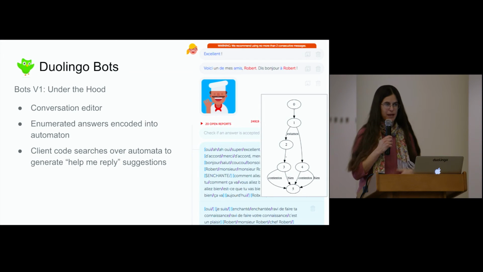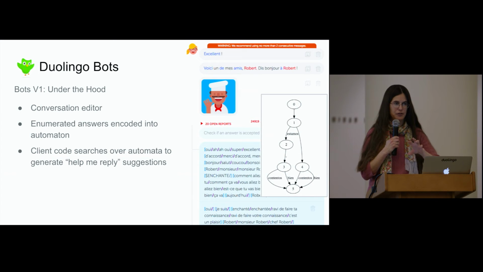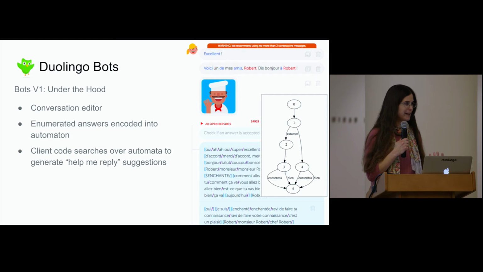Then for each of those possible responses, we encode the potential thousands of different ways of saying it into a compact representation. We actually call those compact forms. You can see on the screen an example compact form for French that expands out into many different ways of saying that. So we have these writers who use what we call a conversation editor to map out the conversation. For each thing the bot might say, there are many different possible answers. And then for each thing that you answer and reply, the bot has to know what to say next. I'm kind of reverse engineering it for you here. It's kind of like choose your own adventure if you've ever played that.